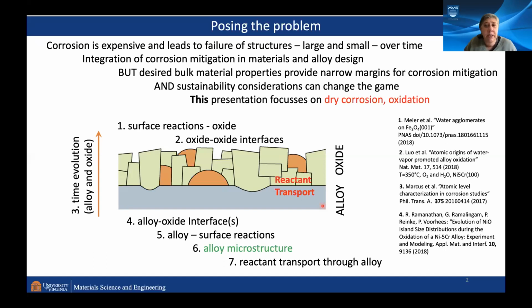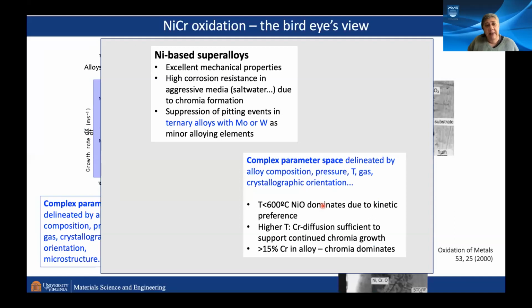There are more and more studies coming up, which is partially because the analytical techniques have really advanced in the last decade or two. And the other thing is that people realize that looking at the interfaces, the very first steps of oxidation, is actually important to model, predict, design, as well as understand mechanistically how you set the stage for forming a thick protective oxide. Okay, let me take the next step.